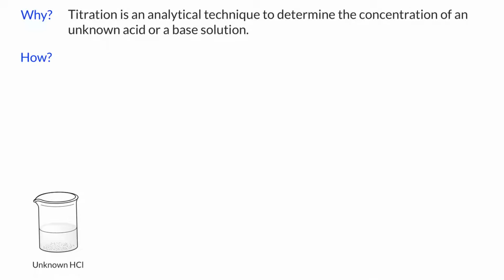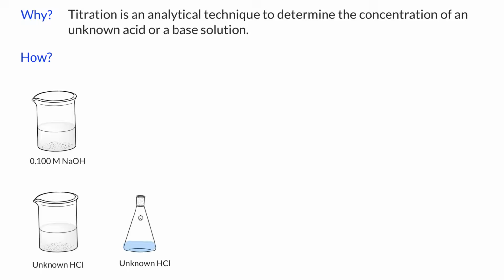In order to do the titration, we need an aqueous solution of a base with a known concentration. For example, if we are in the lab, we can prepare a 0.100 molar sodium hydroxide solution. Generally, we take a known volume of solution with an unknown concentration in a conical flask. The solution with unknown concentration is called analyte. So, in this case, we have hydrochloric acid as an analyte, and we started with 20.00 milliliter of hydrochloric acid